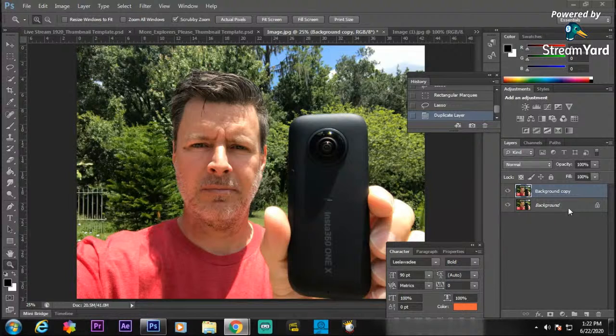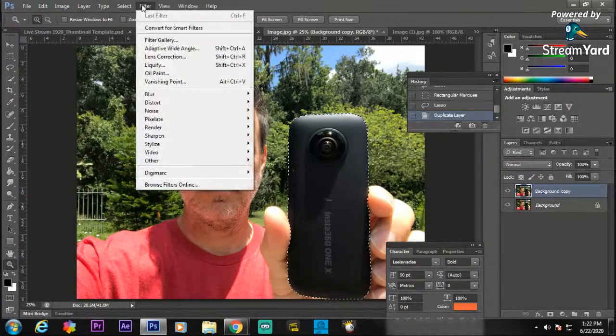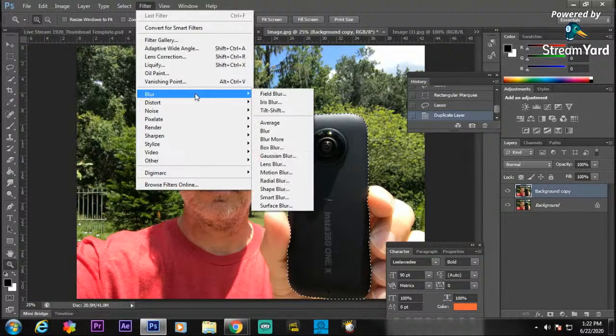What did I just do? It's not highlighted now. Hang on. Control. Oh, there we go. I'm doing this on the background. There we go. Okay. If I go up to Filter and I choose Blur,